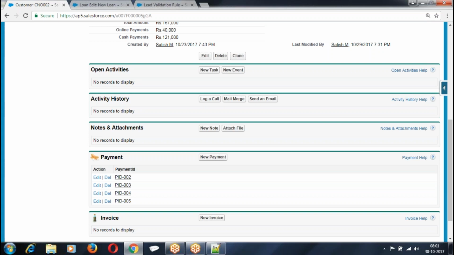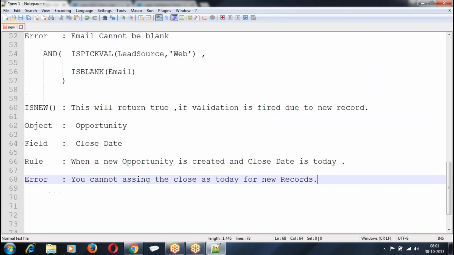Now we are supposed to understand some of the standard objects and see how the existing CRM can be used along with this. As of now, we have seen how to create an object, how to create a field, formula, validation. But we are trying to understand how the existing CRM can be used and how it can be modified. Now, we will start with the first one.